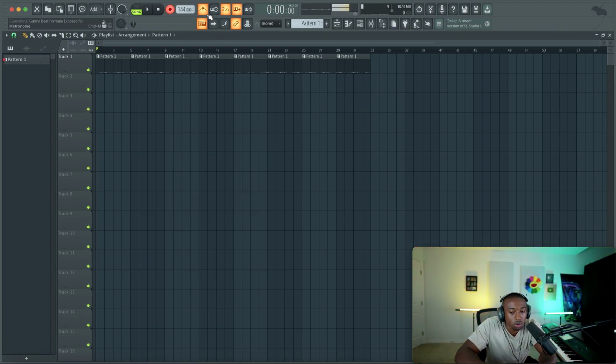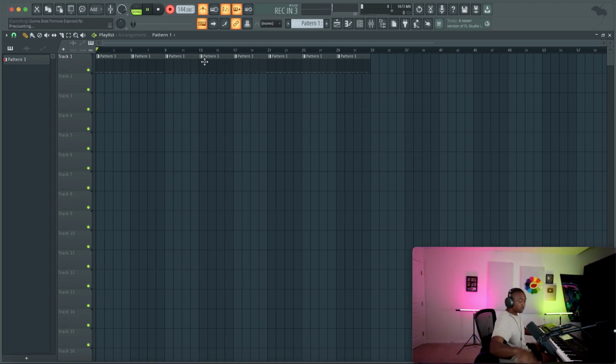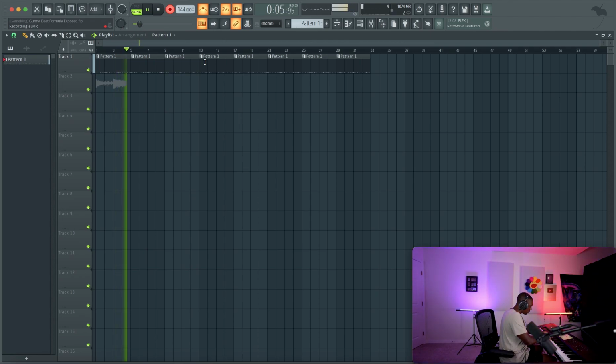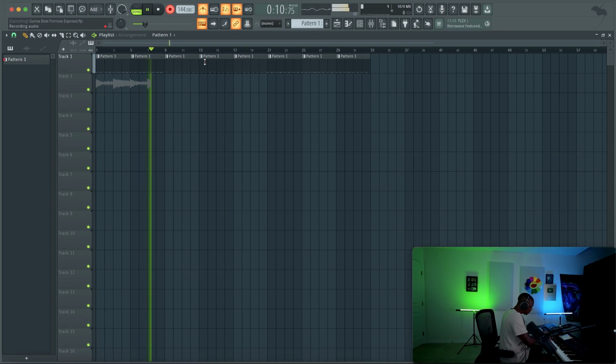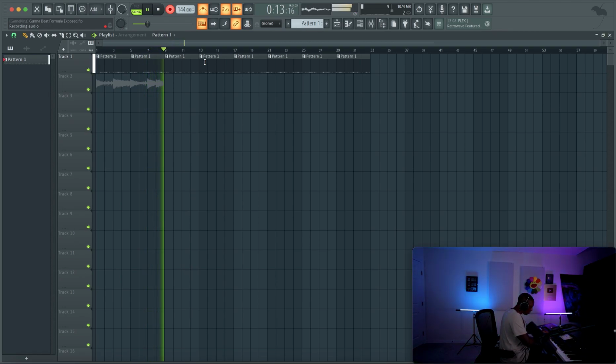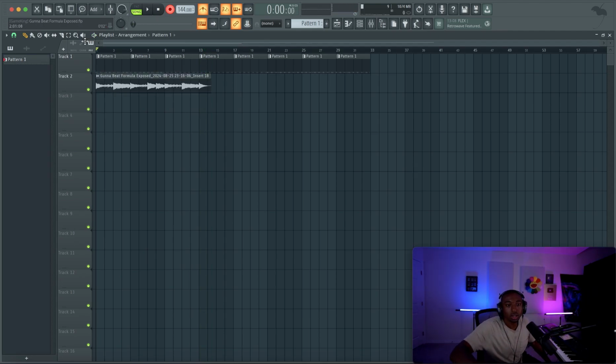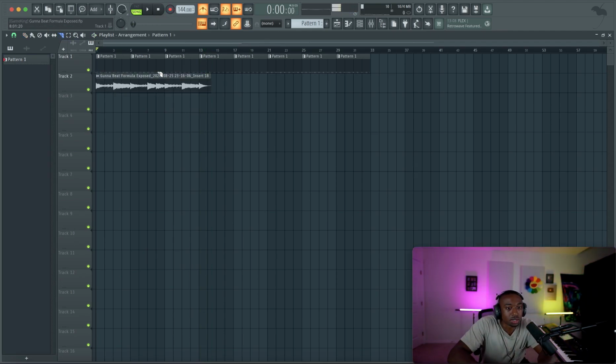Now, when I record audio, I like to turn the metronome on just in case. So bound to happen because the tempo is so fast.